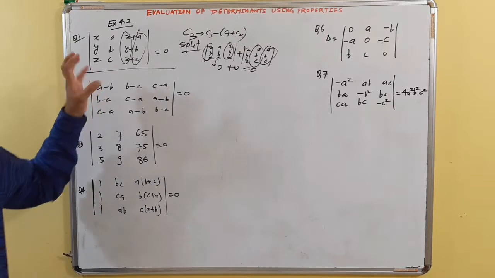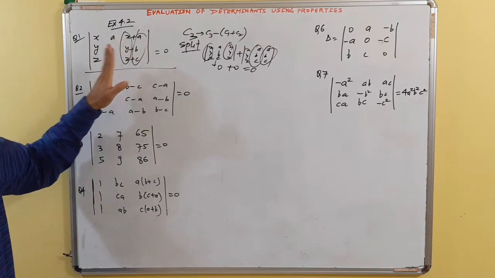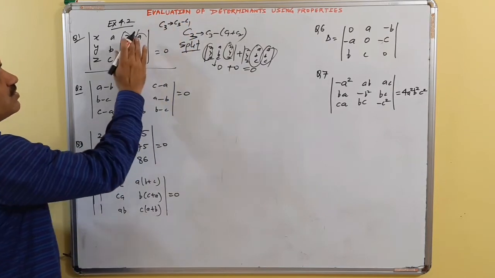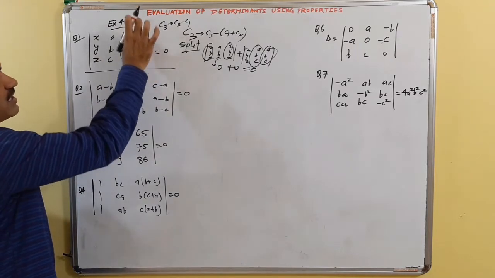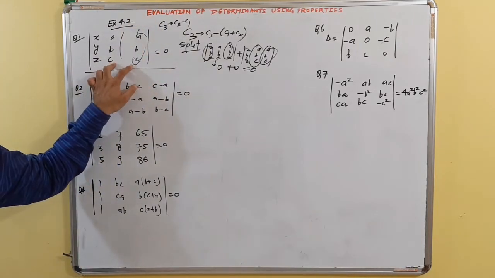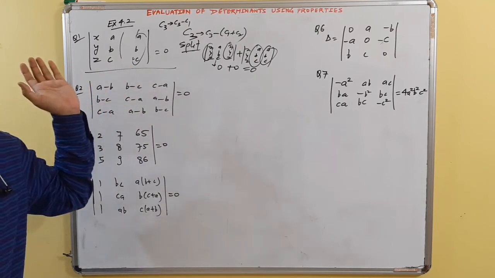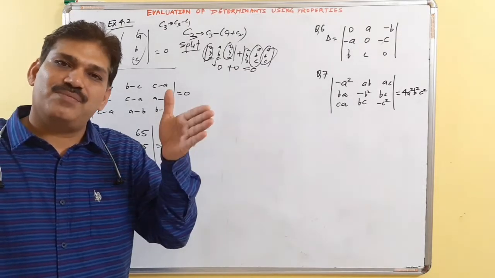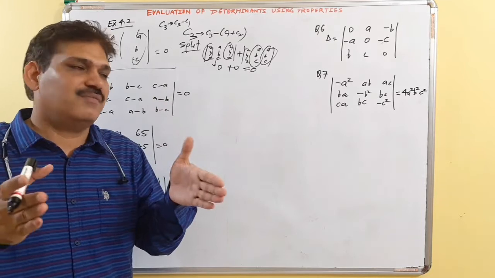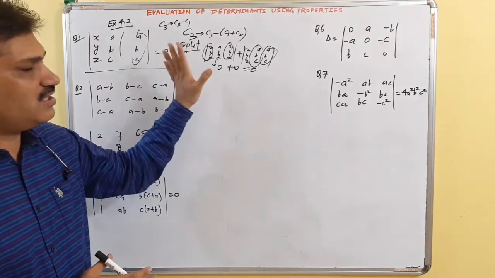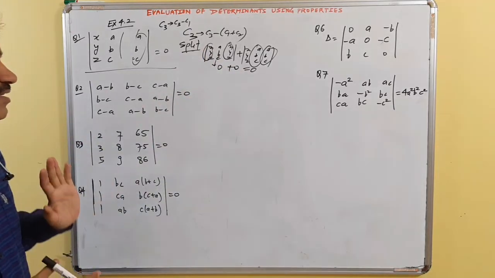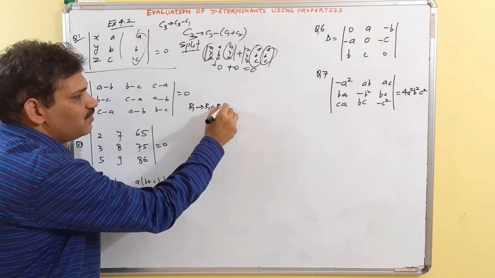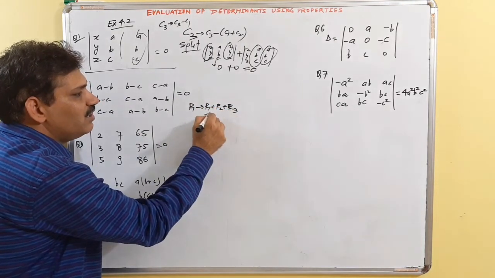So there are so many ways we can prove this. One is C3 becomes C3 minus C1. As soon as you subtract C1, X, Y, Z are eliminated. Now these two are identical, so it is 0. In different books you will find different kinds of solutions, but all are simple use of properties, and we must have a good command. We have done so many questions, so we can understand how the property is applied. Now here, if you go for this, R1 becomes R1 plus R2 plus R3,